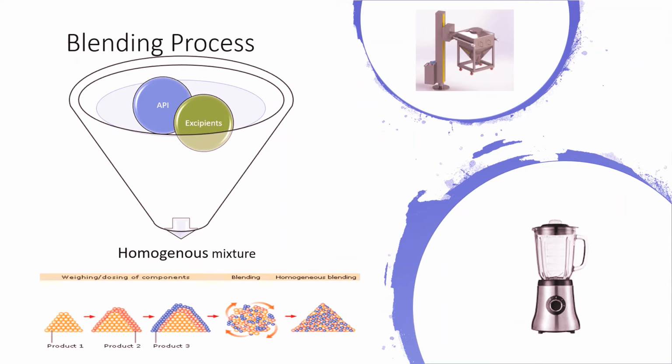So our second step is blending. In this process, the granulated API and excipients are blended to form a homogeneous compound. This homogeneous compound is basically prepared in a blender. So what does a blender do? A blender does the same activity as a tabletop mixer grinder we use in our kitchen. So finally this homogeneous mixture is taken into the next stage for compression.